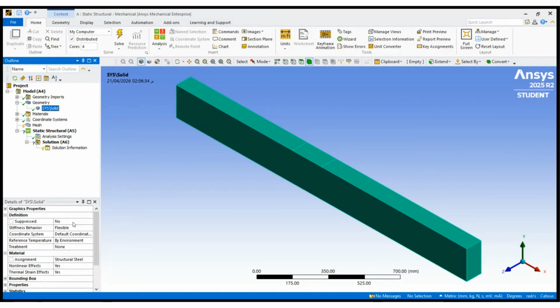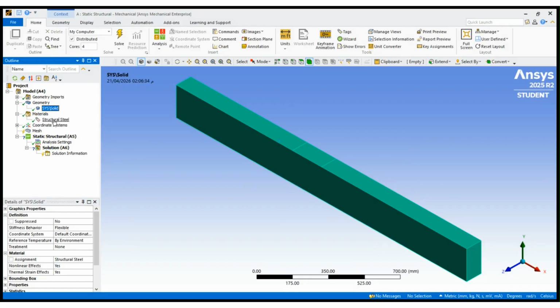So looking at the properties box, you can see that the material assigned is structural steel. This assignment has already been done automatically. If I open the Materials tab, you will also see that structural steel is listed there.